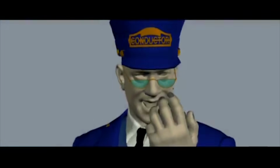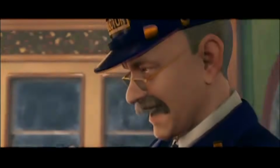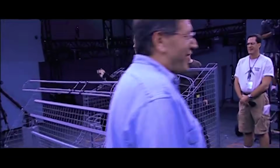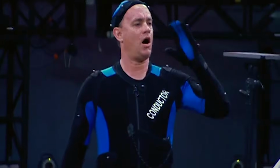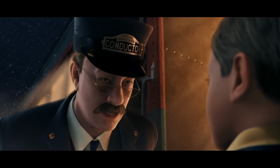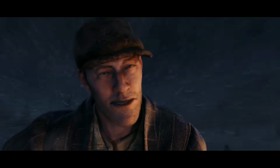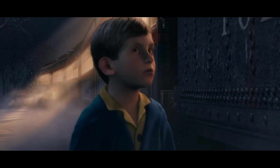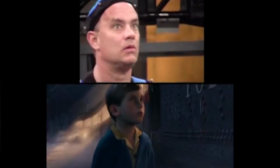The Polar Express was the first movie ever made entirely with performance capture technology. A major reason for this achievement was because the director Robert Zemeckis, who is known for using innovative technology in his movies, asked Tom Hanks to play 6 different characters in the Polar Express, which are the conductor, the hobo, the Scrooge puppet, Santa, the father, and the most surprising one of all is that he also played the hero